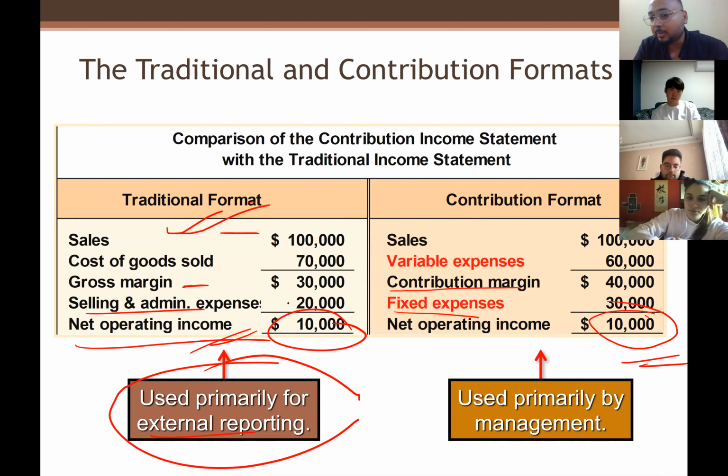But the contribution margin format approach is mostly used by managers, internal people, the internal management system, and it helps you to control the cost, set the prices, and set how much quantity you need to sell. We'll have a complete chapter we call CVP analysis, cost, volume, profit analysis. We will discuss it extensively over there. But the beauty of this contribution format approach is that